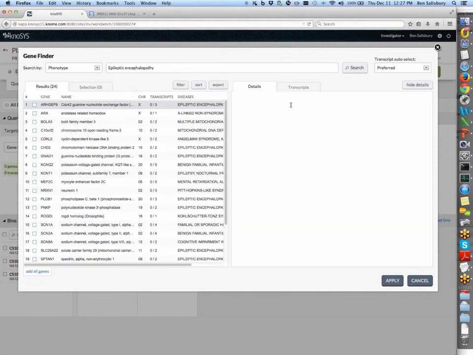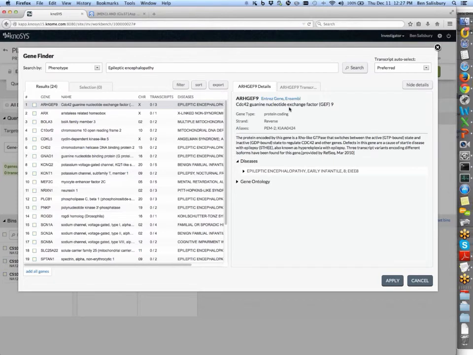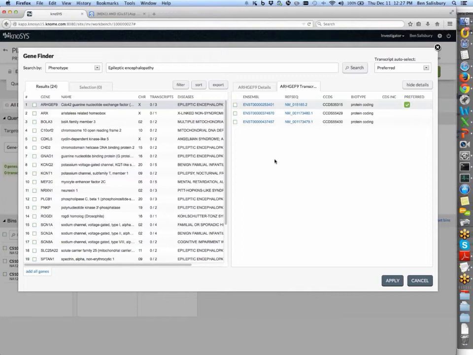And for each of these, we could expand out our view, just taking the first one here on the list, and read about it. Again, we could review data about this particular gene. We could look at the transcripts and add the ones that we want, follow links to NCBI or Ensembl if we wanted. We could also just go ahead and add this one in. It makes sense.